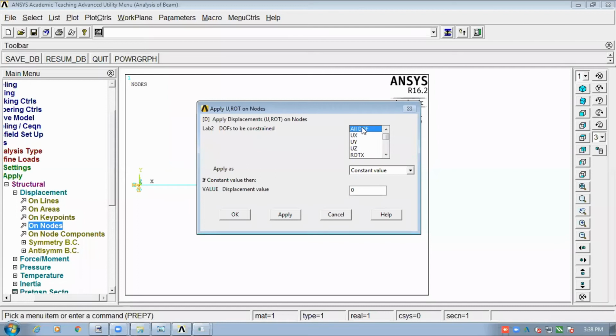But before that, you should deselect All DOF. Otherwise All DOF is again selected and UY is also selected, so your net effect will be that all degrees of freedom are set to 0 again for node 3. We don't want that. So I will deselect it by clicking on it. Now I will select UY and set it to 0 value, because it's a roller and can't move in the vertical direction.